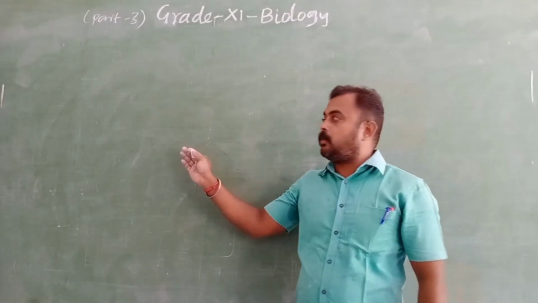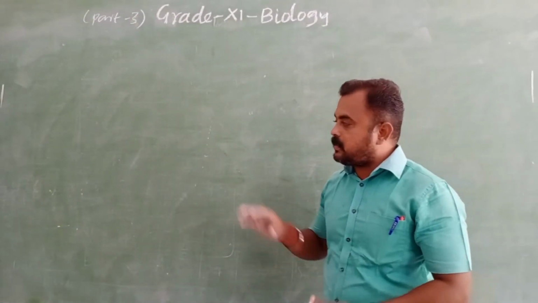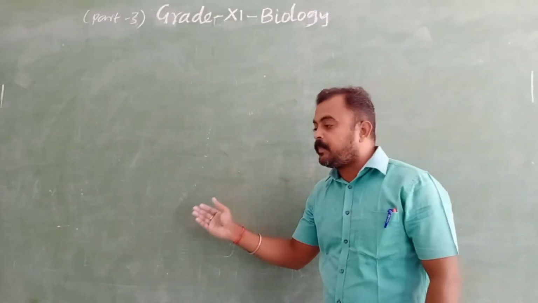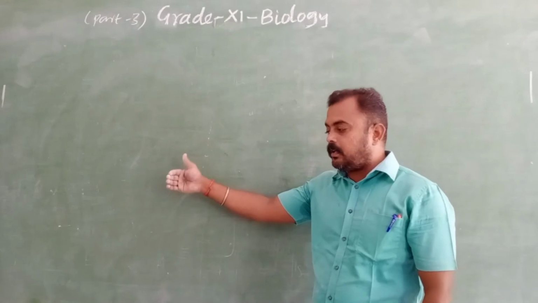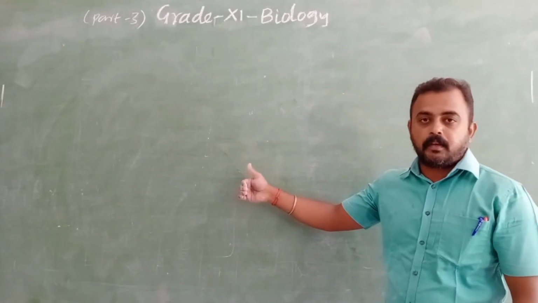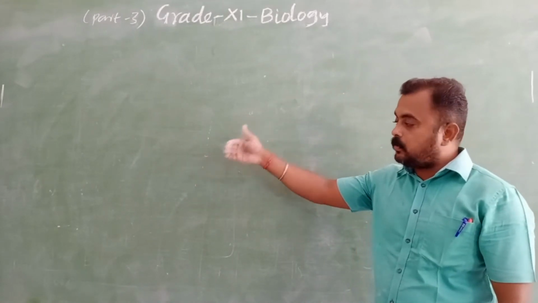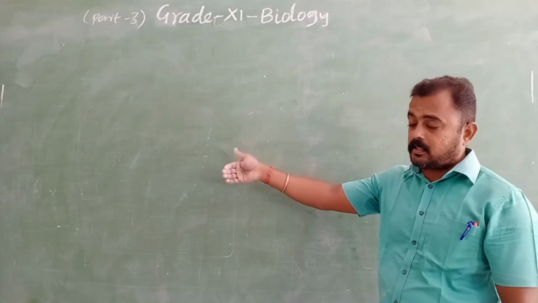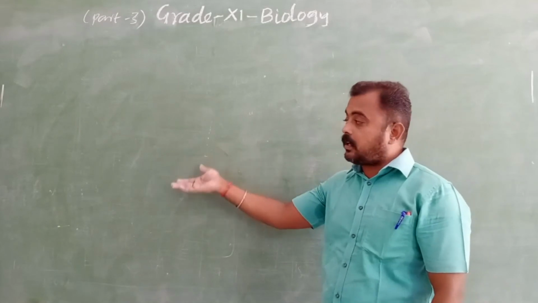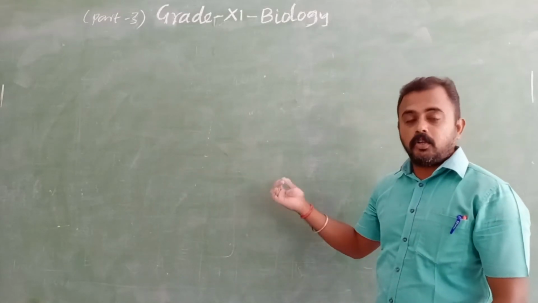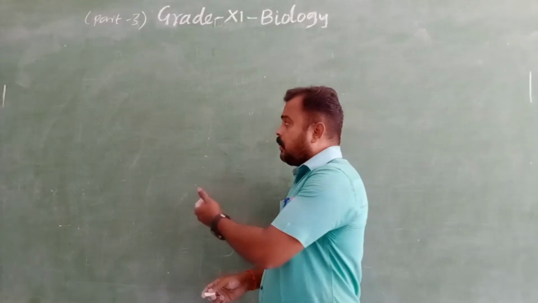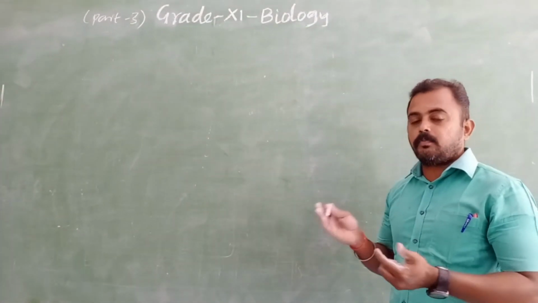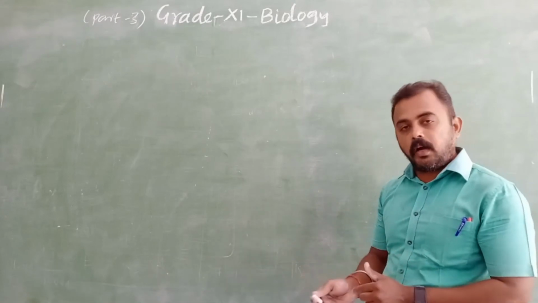We are going to see how the action potential moves from one neuron to another neuron. Before, we have seen how the action potential moves within a neuron. Because you know from region A to region B how it is moved: polarization, depolarization, then repolarization, by that it is moving. You know, I think. Now I will draw one diagram. Then you can understand how it moves from one neuron to another neuron.